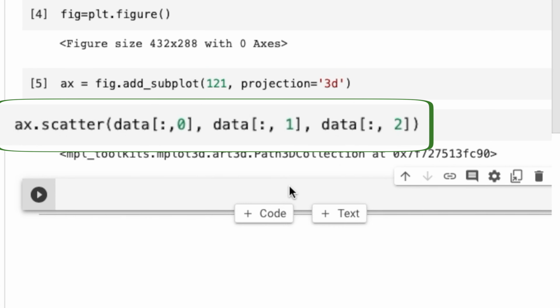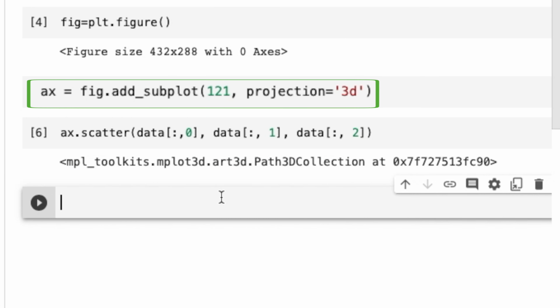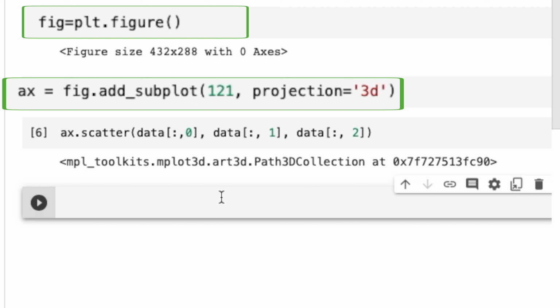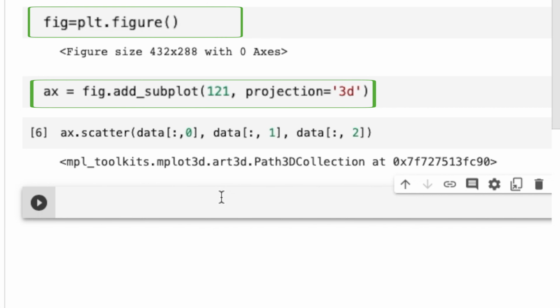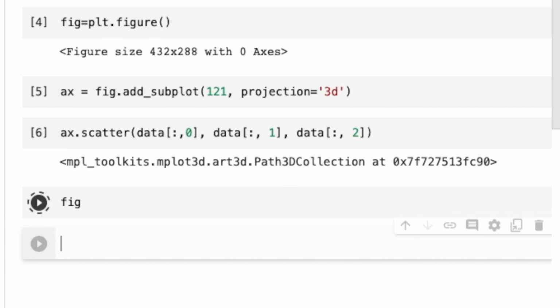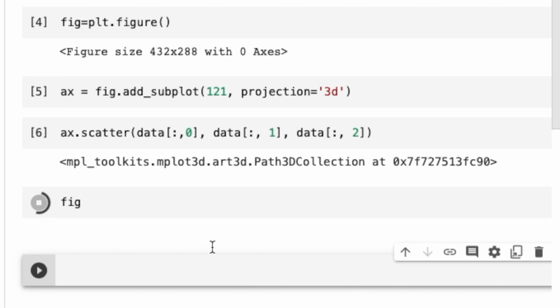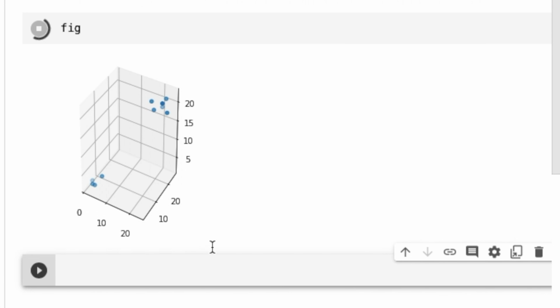This part draws our plot. The plot is in a figure, which is referred by the fig object. On Google Colab, I just type fig and then press Shift plus Enter. We see the figure. The figure looks 3D, which is what we wanted. However, this is an image. I cannot interact with it. I cannot rotate it and view from different angles. I want to rotate it and see the figure in a 3D space.